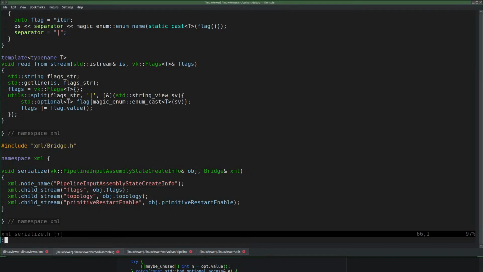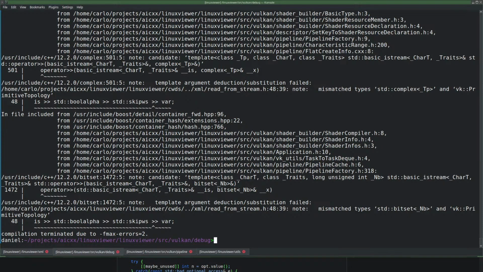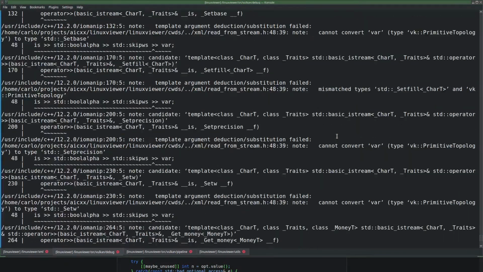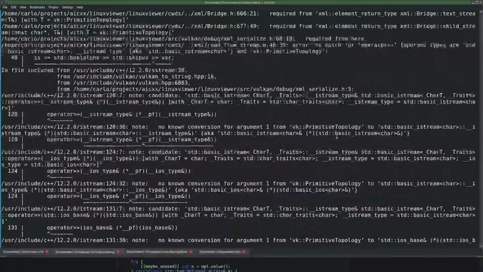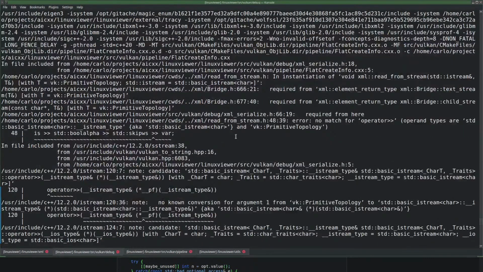This should not compile. We'll try it like this. Yep. I guess it just falls back to read from stream. Yeah, that doesn't work. And write to stream writes an integer value, I guess.